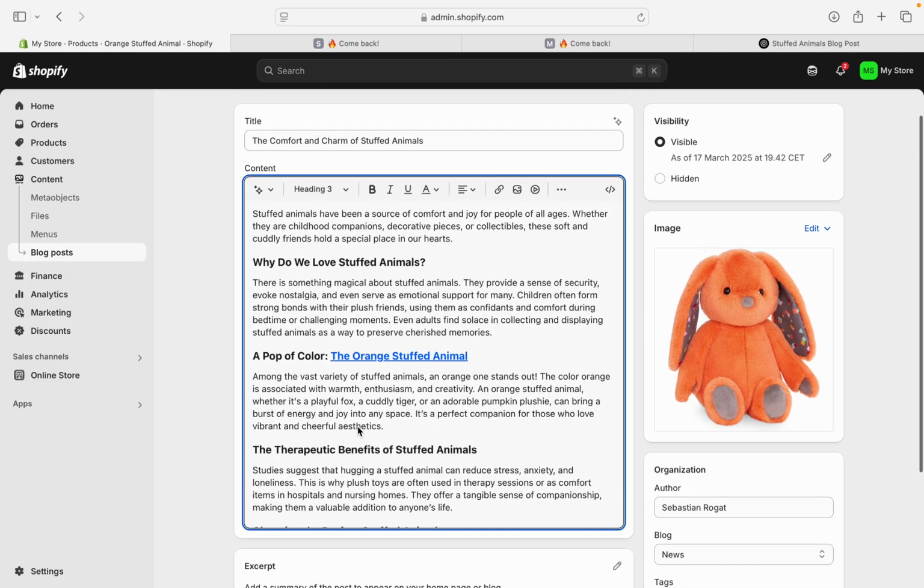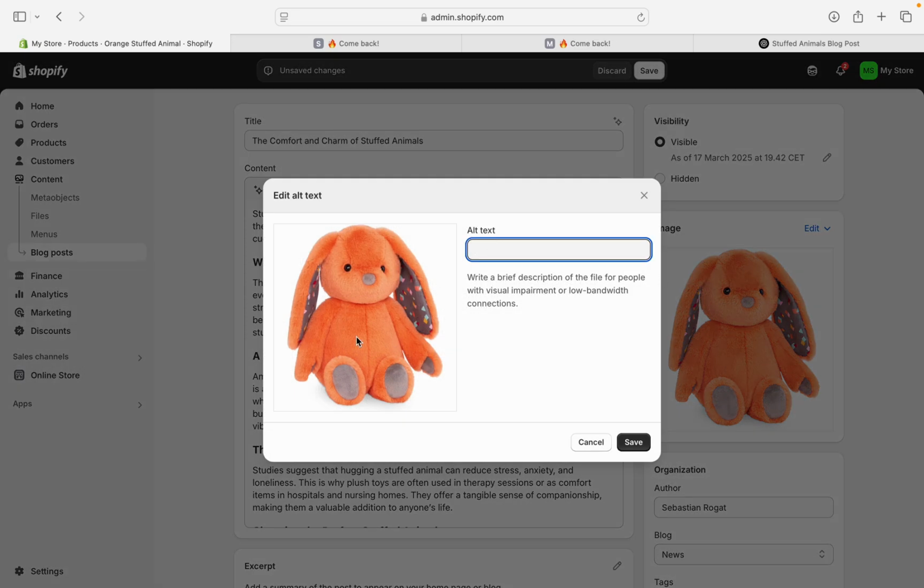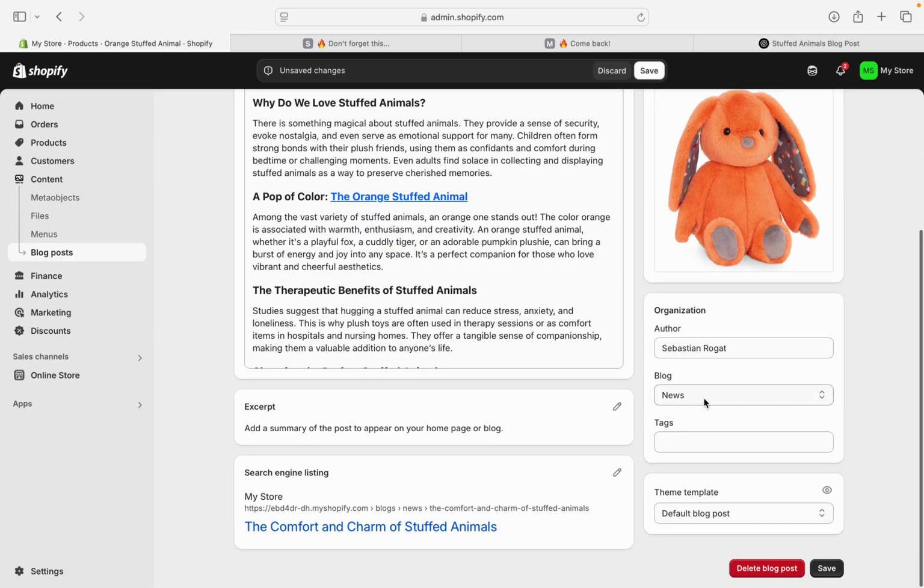The next step you want to do after you have done all of this is you want to make sure that every picture you have, you want to edit the alt text. So if I have a picture of an orange stuffed animal or something, I want to make sure that I link a keyword to it in here, and I click on save, and that's it. Now we can head back to our products,